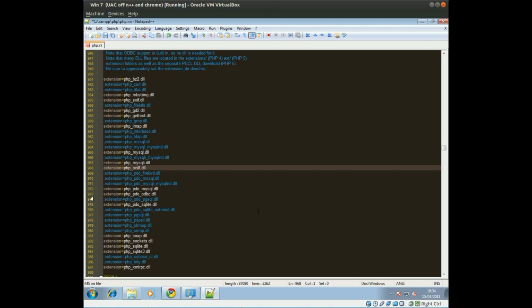So with that uncommented, as you can see, these semicolons are the comments in this PHP ini. To uncomment, you just delete that, and depending on what text editor you use, it might change colours to show that it's now valid or uncommented. If you use Notepad, it won't know. So if you save that file,